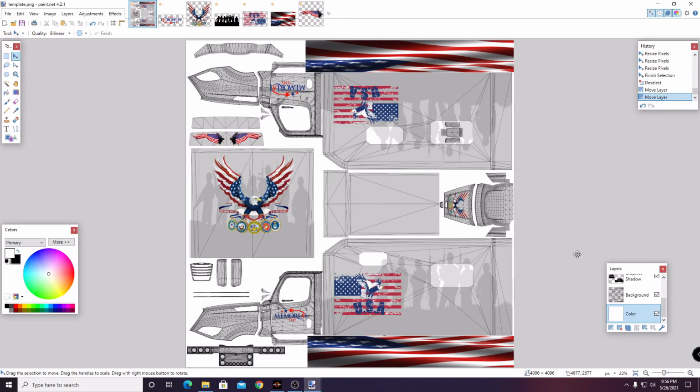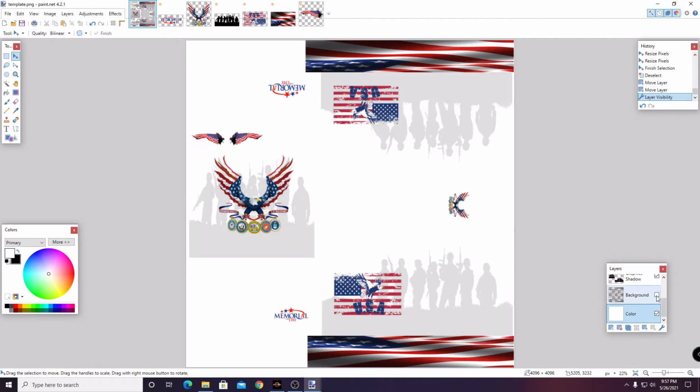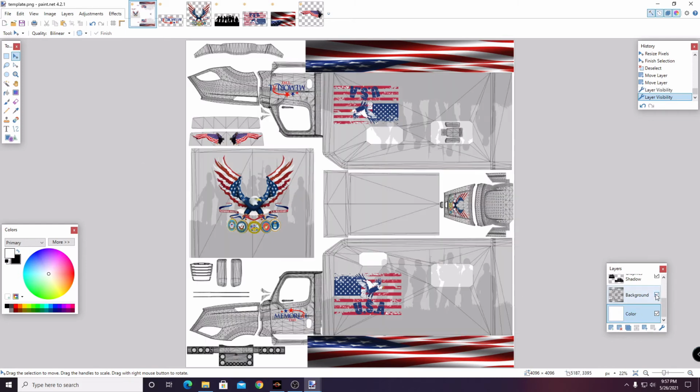But anyway, I'm going to leave this white layer in here so that the truck is white. I'm going to turn off the truck itself. And then, let's see, did I get everything in there that I wanted? I guess. I mean, it's neither here nor there. You can add whatever you want. If you want to do the back bumper, and let's